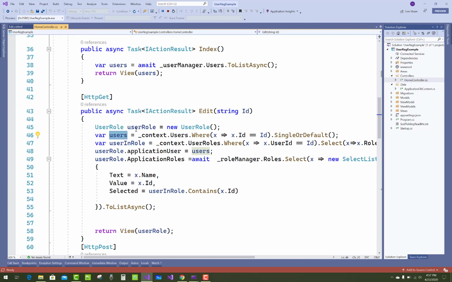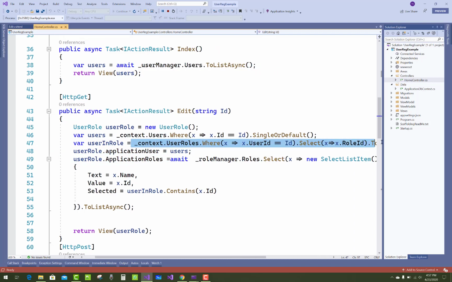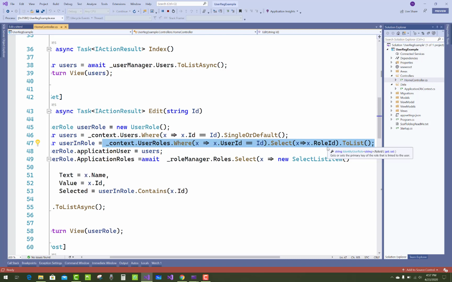That user is assigned to the user role class by using userRole.ApplicationUser equals users. After that, get the selected list of roles: variable userInRoles, context.UserRoles.Where. By using this line, you get only the role IDs from the list where the user ID is given. So according to the user ID, you can get a list of roles by using this statement.